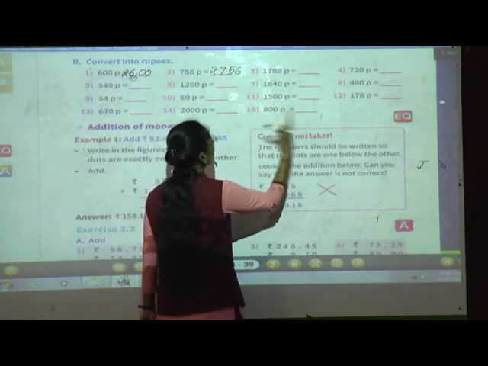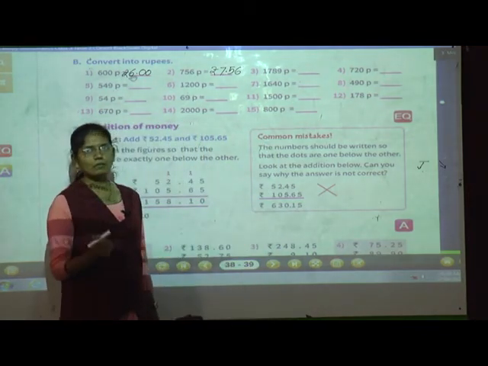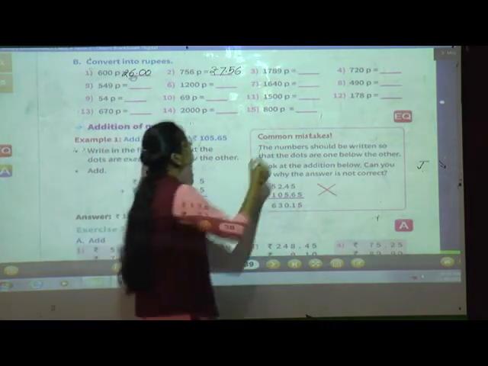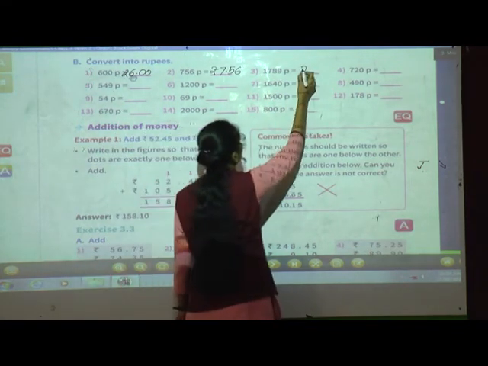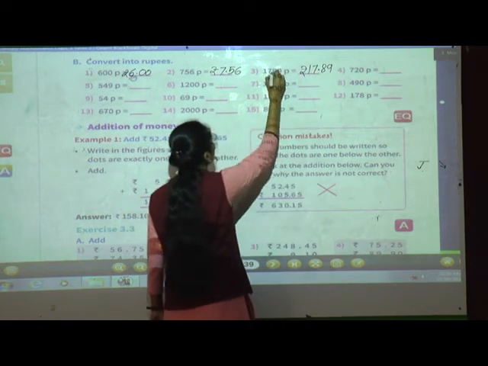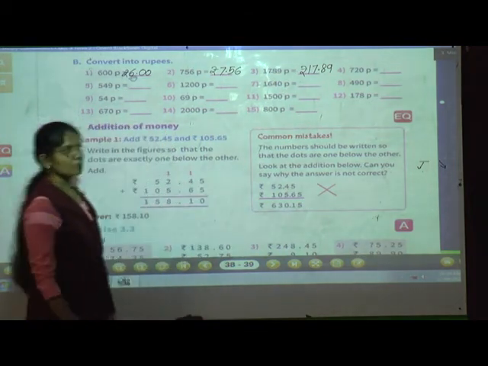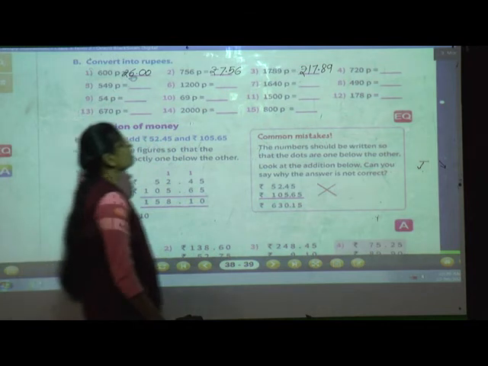Okay, so before 8 we have to put a dot, then it will be converted into rupees. So 1789 paise is equal to what? 17.89. Before the second digit, means before 8, we have to give a dot. So rupees